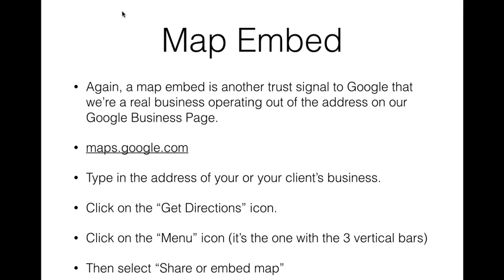The next thing is we want to do a map embed. Again, this is another trust signal for Google that we're a real business. We're operating out of the address on our Google business page. So we have maps.google.com is where we want to start. Type in the address of you or your client's business. Click on the Get Directions icon, and you can then go to